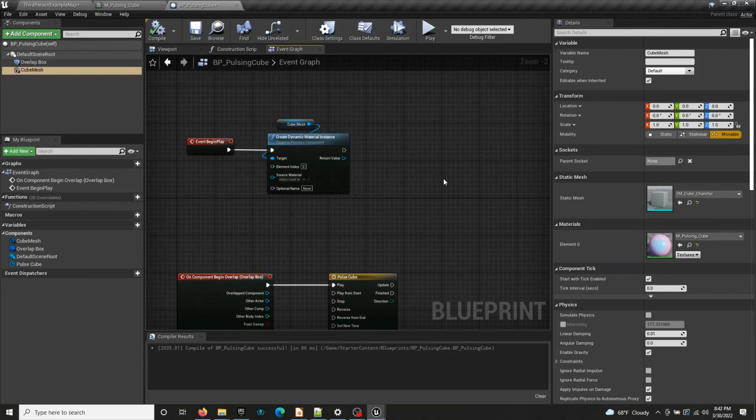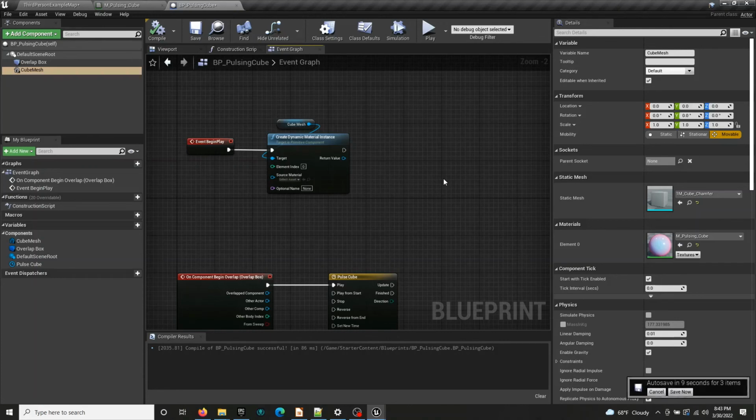We like to use what we call custom primitive data, which is, every mesh has 32 floating point values that you can write to. It's called custom primitive data, and you can use those same values. So here, instead of element index, it's the primitive data index. So it can be 0 to 32, and you can use that to tell the mesh to update a